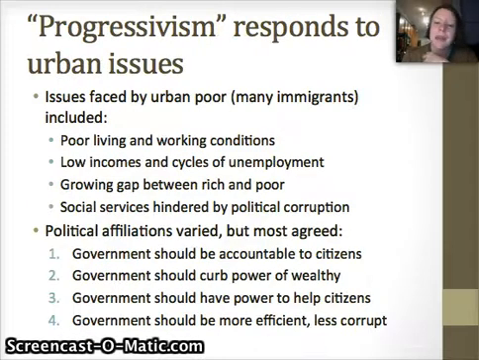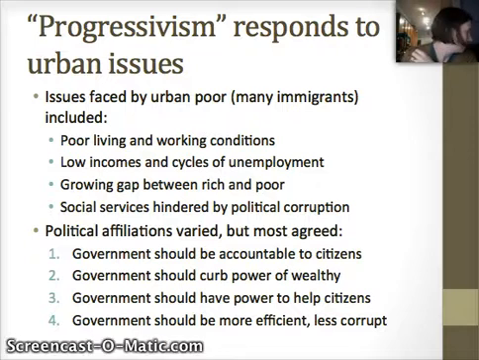In general, the main important thing to know about progressivism is that it responds to urban issues. It's not really a movement that...